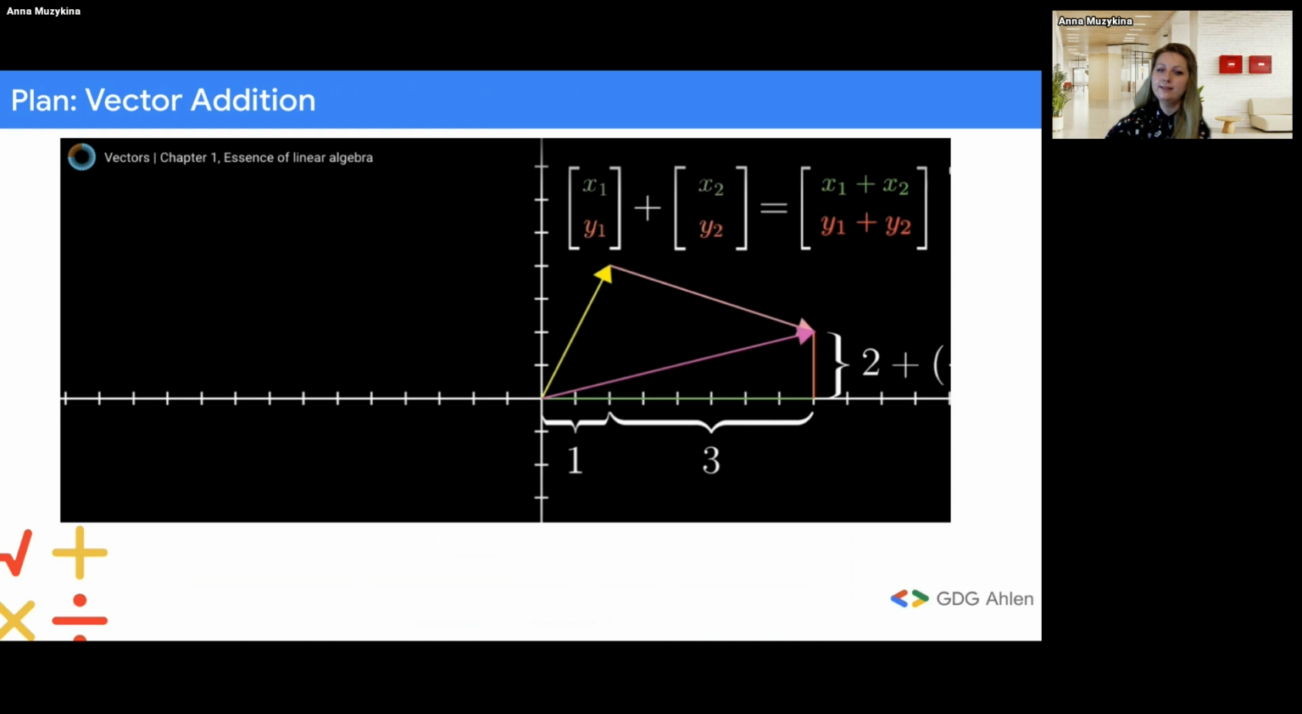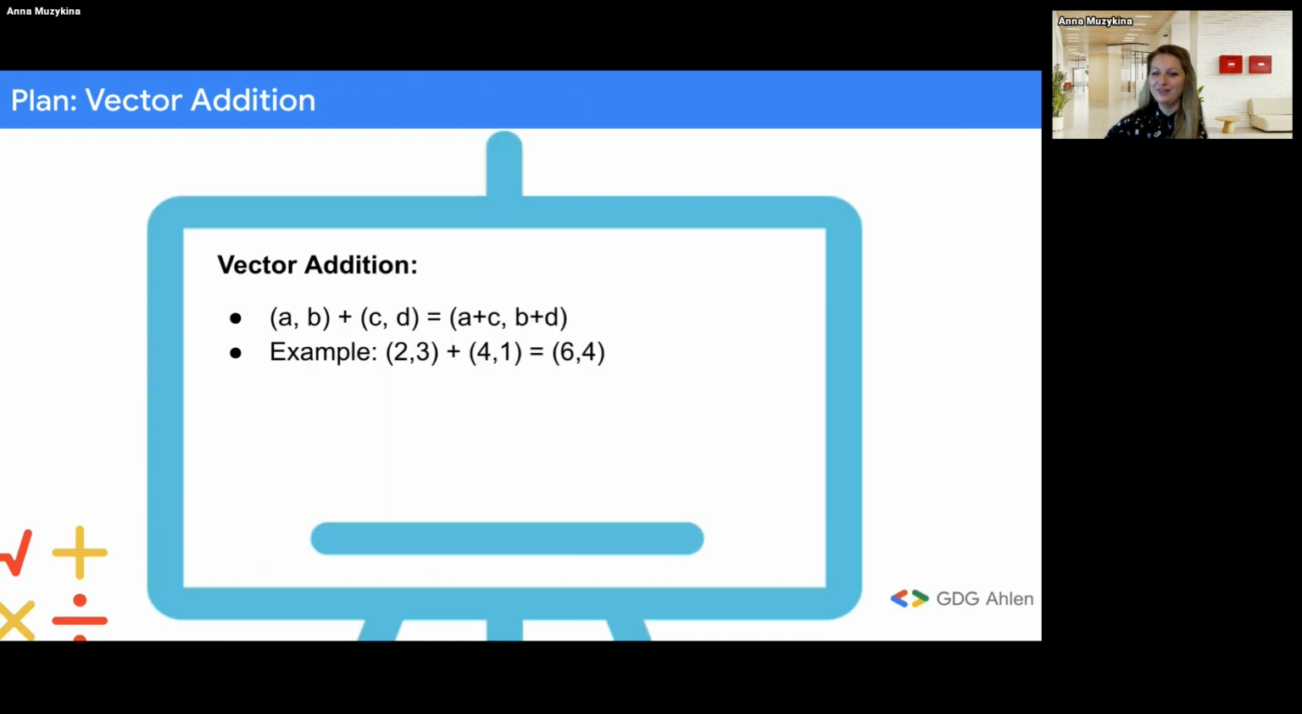Numerically, we add the corresponding components of the vectors. This concept is similar to moving along a number line. It's pretty straightforward: if you have two vectors, let's say (a, b) and (c, d), you add their corresponding components. So (a, b) plus (c, d) equals (a plus c, b plus d). In an example, you just add the first numbers, 2 and 4, to get 6, and the second numbers,